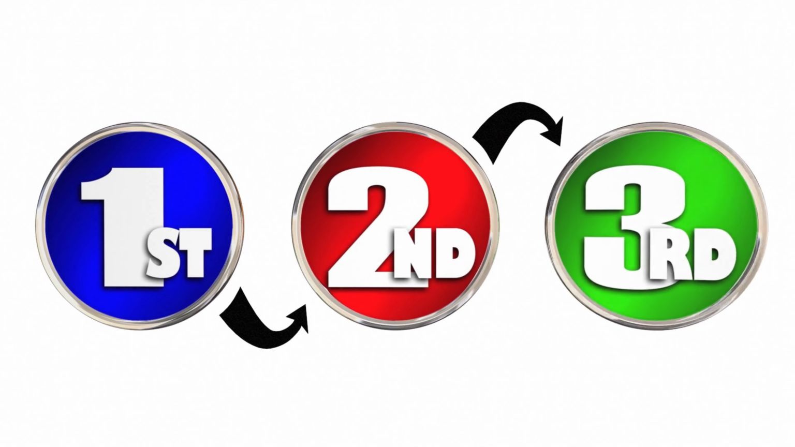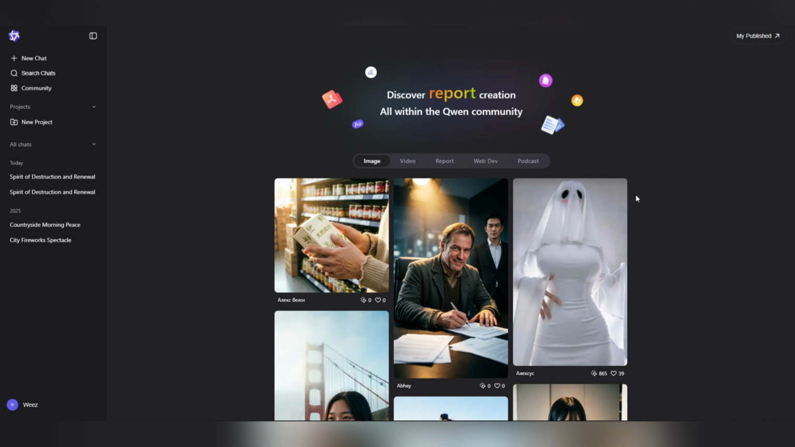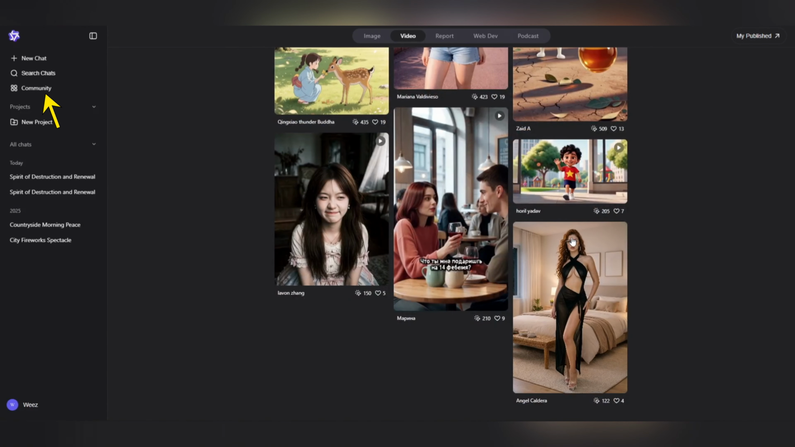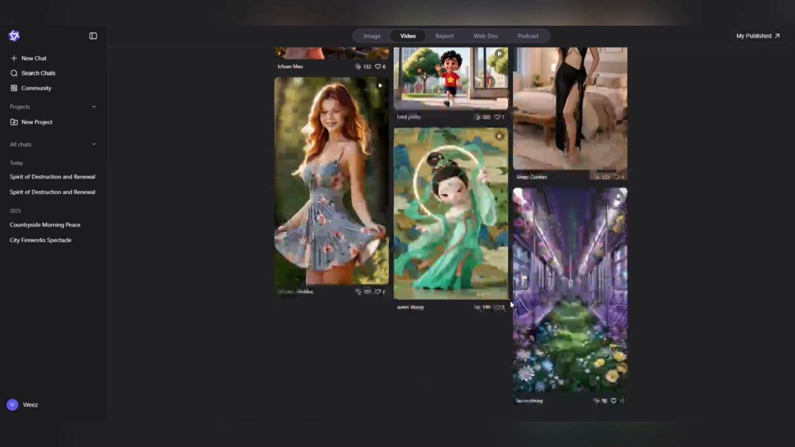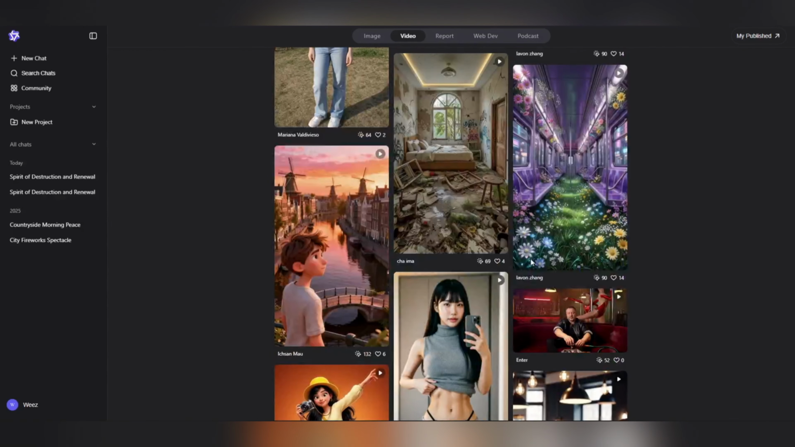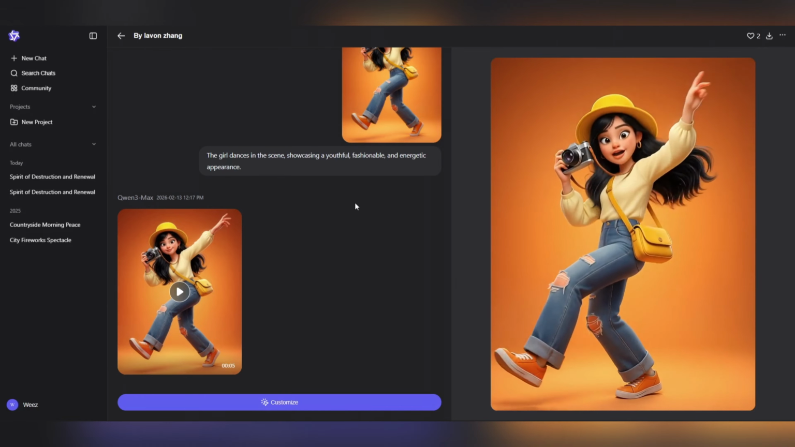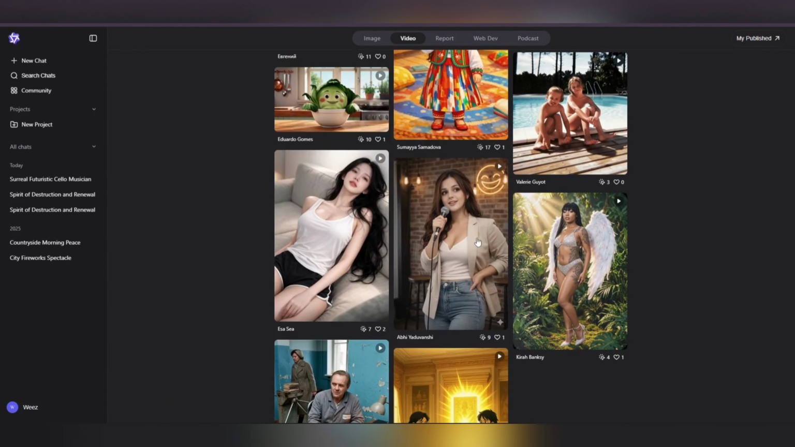Finally, the third tool is Qwen, a community-driven AI that bridges the gap between social inspiration and high-end video generation. By exploring the community section, you can browse a massive gallery of trending videos and study the exact detailed prompts other creators used to achieve their cinematic results. This open book approach allows you to learn their secrets or build directly from their creative foundations rather than starting